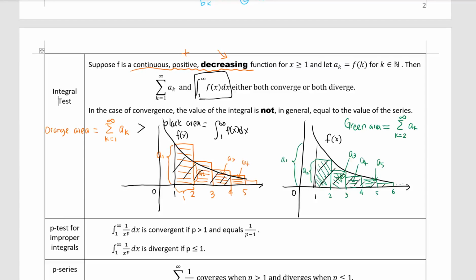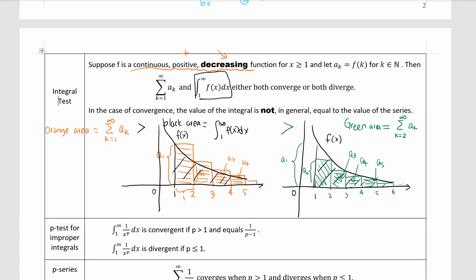Yes, and what can you tell about the black area and the green area? The black area is bigger than the green area. Okay, now can you see the integral from 1 to infinity of f of x dx is actually bounded between the two series, but the left hand side is the series that starts with a1, and this series k starts with 2, right? Okay,